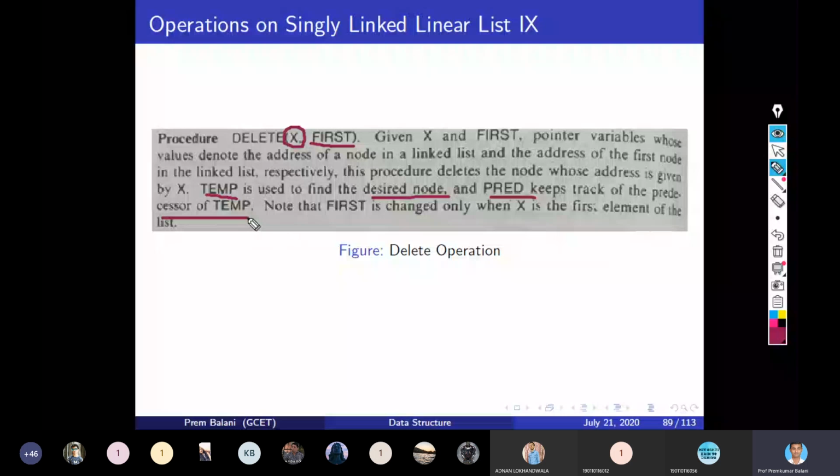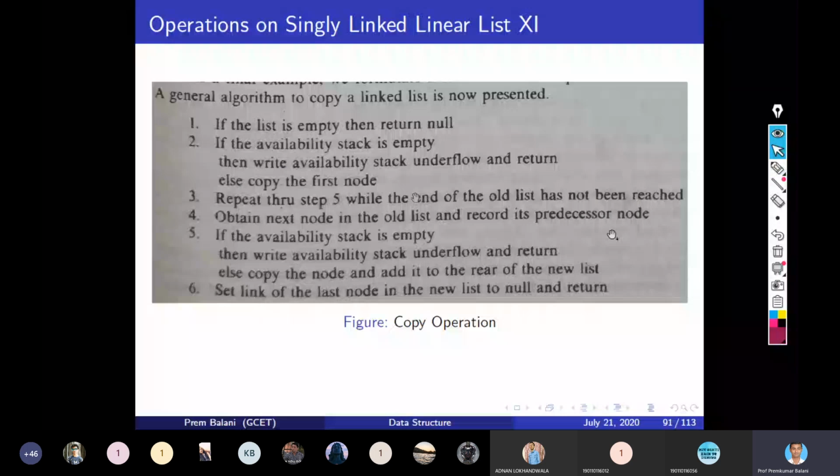So here you have to note one thing, that first is changed only when X is the first element, right? Otherwise first will remain as it is. Only one of the nodes will be deleted, right? So let's go ahead. So this is the algorithm.